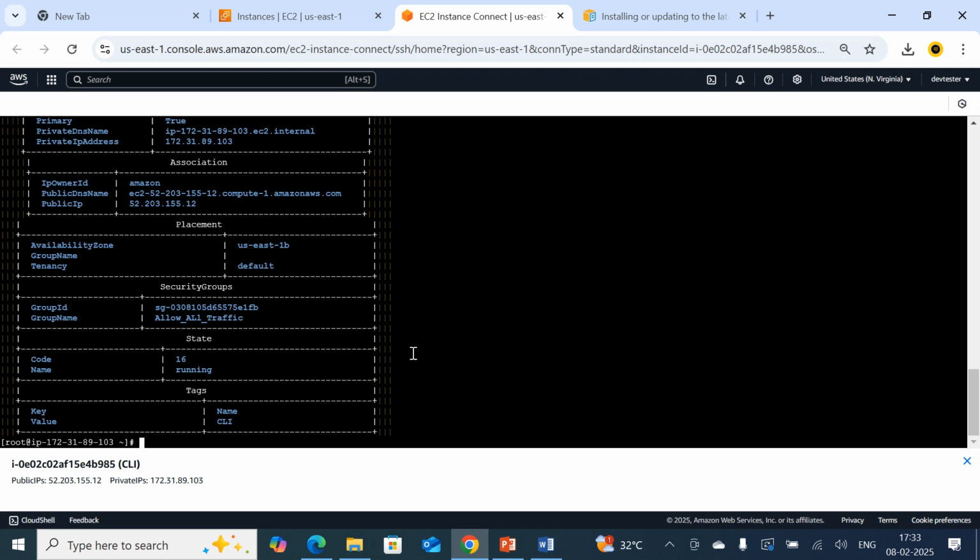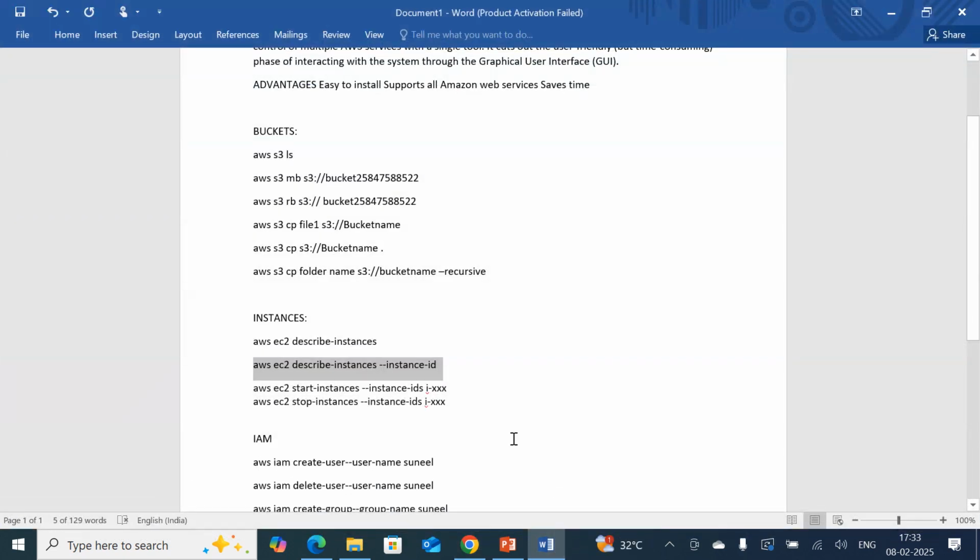Suppose if you have multiple instances, by executing the first command, it is going to display all the contents of all the EC2 servers. But if I want to display a particular server, I am going to use this. Like at the same time, if I want to describe, if I want to start,